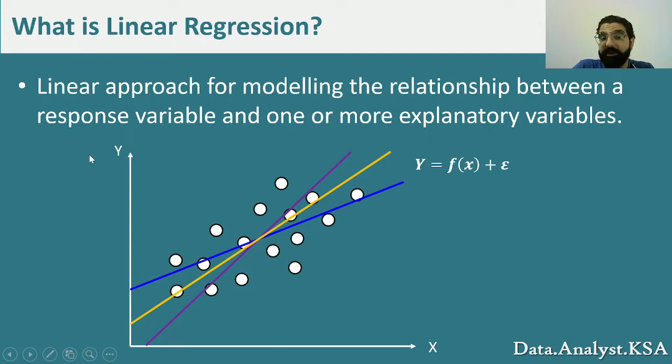Eventually, this type of linear regression will yield an equation that looks like this. The outcome variable, y, is a function of the input variable, x in this case, plus an error. The error comes from the fact that these points are not lying on the line directly, but there are vertical distances between the line and the point itself. In linear regression we assume the error is completely random, so that we captured all we can from the actual relationship in this function, and whatever is left is random noise that we cannot forecast or predict.